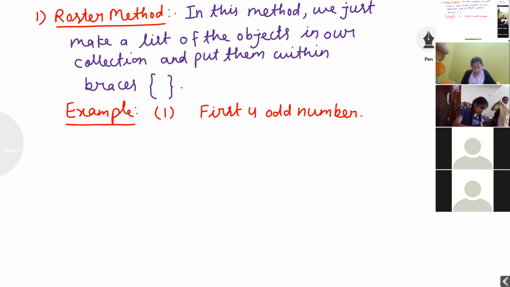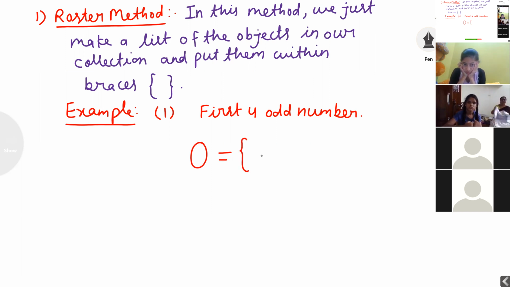Now this first four odd numbers I want to represent by using the roster method. Listen carefully, students. Stop writing, everyone. What things I want to represent? Odd numbers. Odd numbers means O. Capital O is equal to curly bracket, first four odd numbers 1, 3, 5, 7.